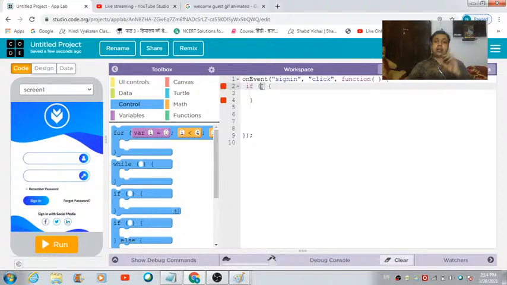Now, in order to get the input which the user is going to make over here in these two input boxes, we can make use of the get text property. So this get text block helps us in reading something in the form of text from the components we have on any screen in this App Lab. Now get text. The first thing that I would like to match is the email part. So the ID of this component is email, in small letters. So that's how I can get the input which the user is going to make here in this input box. And